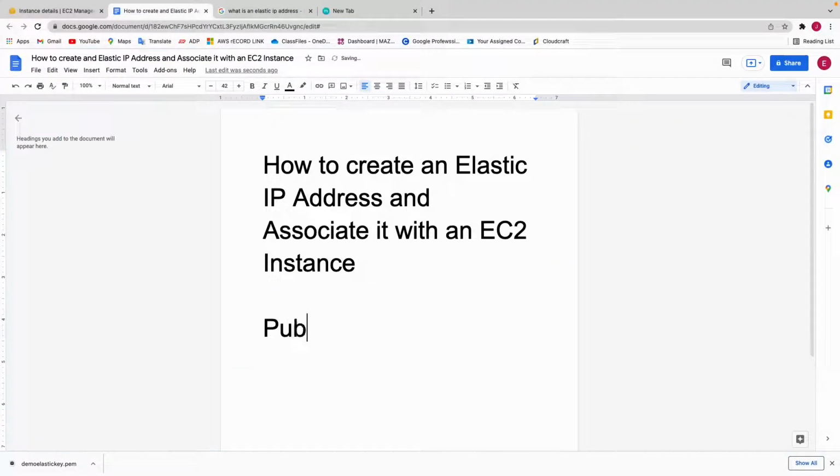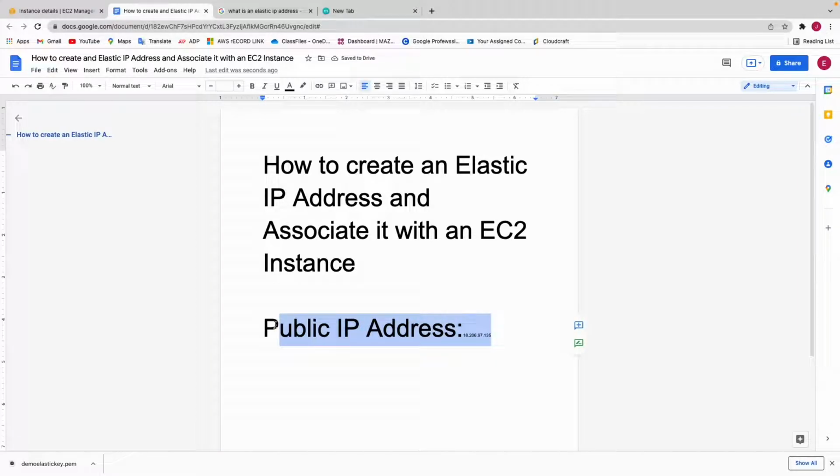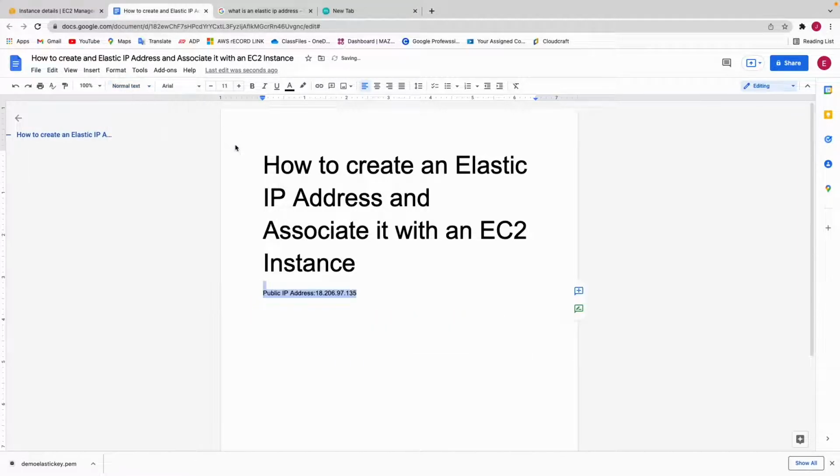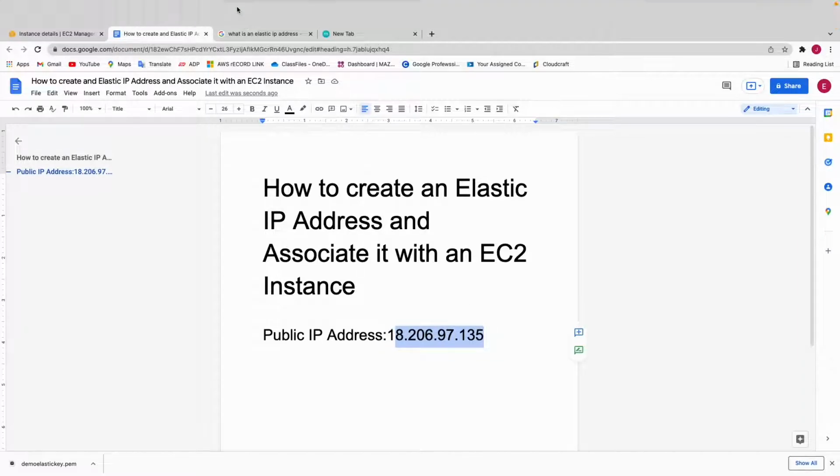All right, public IP address, and I'll save it right there. Sorry for that. Let me try to make it normal text first, then let me make it bigger. So as you can see, this is the IP address Amazon gave us when we